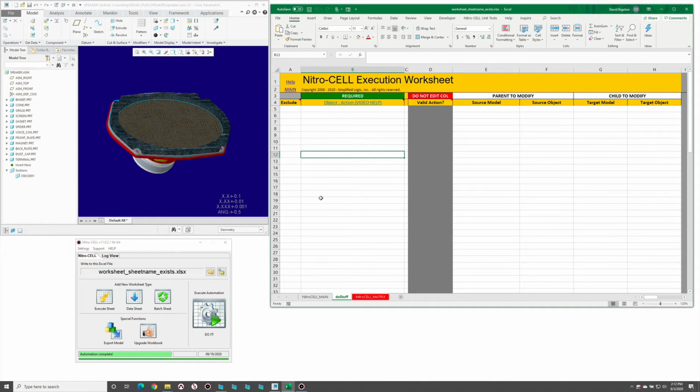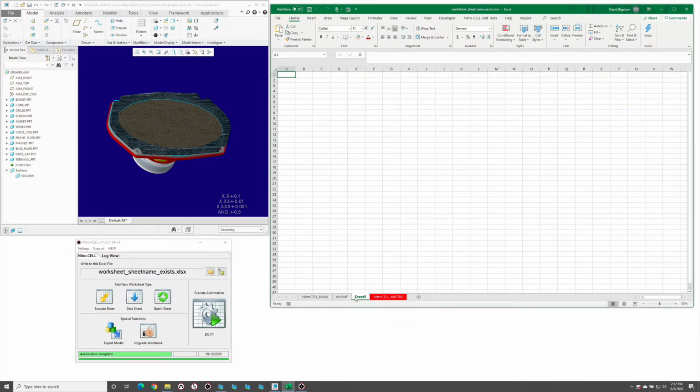Okay, there are going to be times within your automation process where you need to verify that a worksheet is created in Excel before you make other decisions, like trying to write to it or something like that. This isn't so much of an issue with the table functions in NitroCell, but for more of the legacy functions, it's important. So I'm going to create a sheet here called my sheet, and then we're going to write